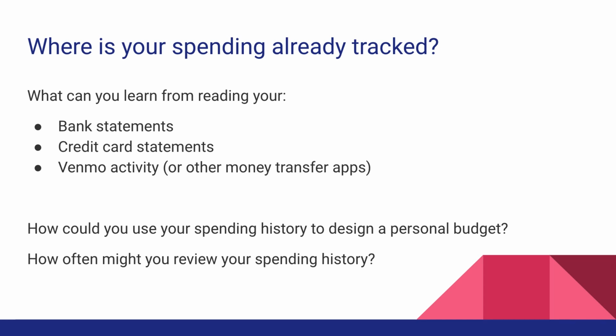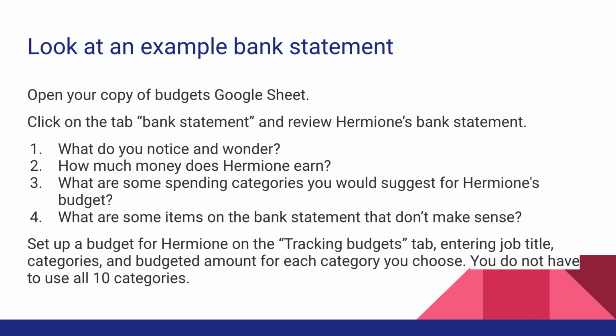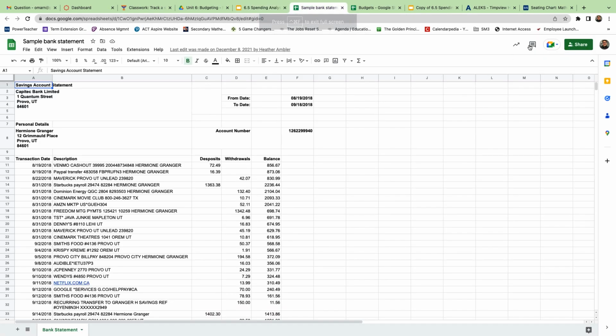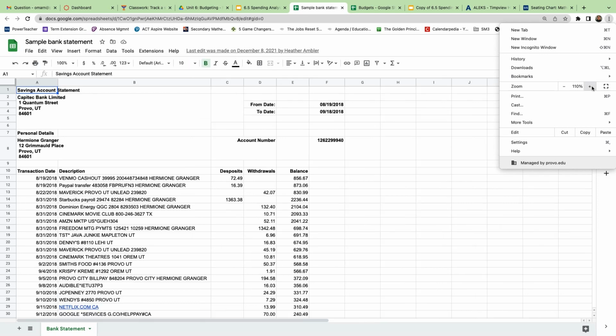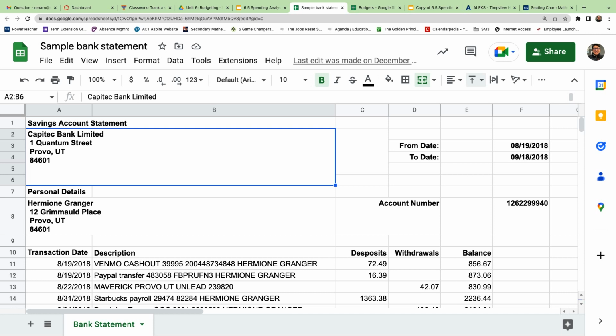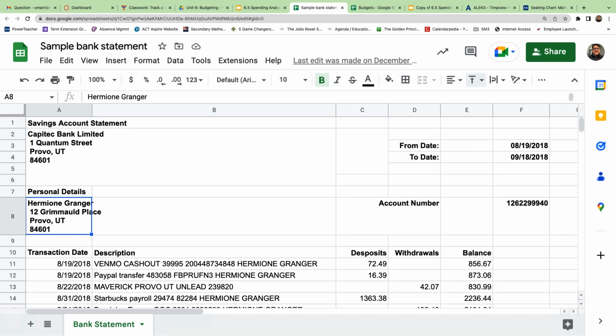So what is it you're going to be doing? There is, on your spreadsheet, a bank statement, okay? So I'm going to show it to you. Here it is. This is, maybe you know her. Okay, the savings account statement. This is the bank. Do you know her? Yeah? Okay. Well, this is what we call a bank statement, which is similar to what you might see on a credit card statement